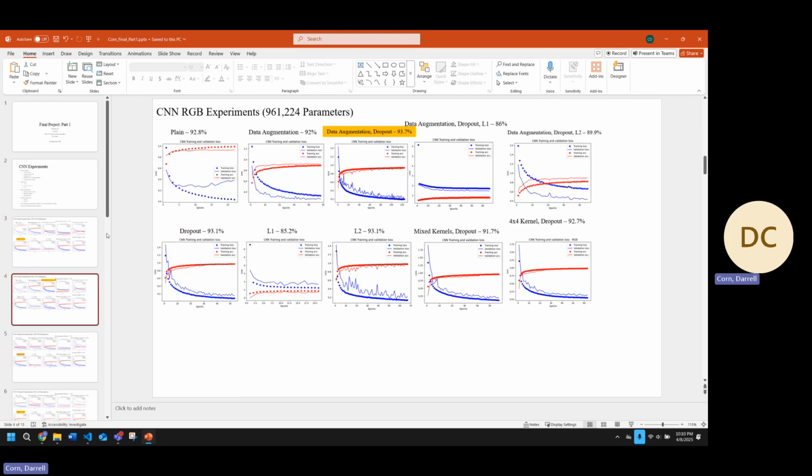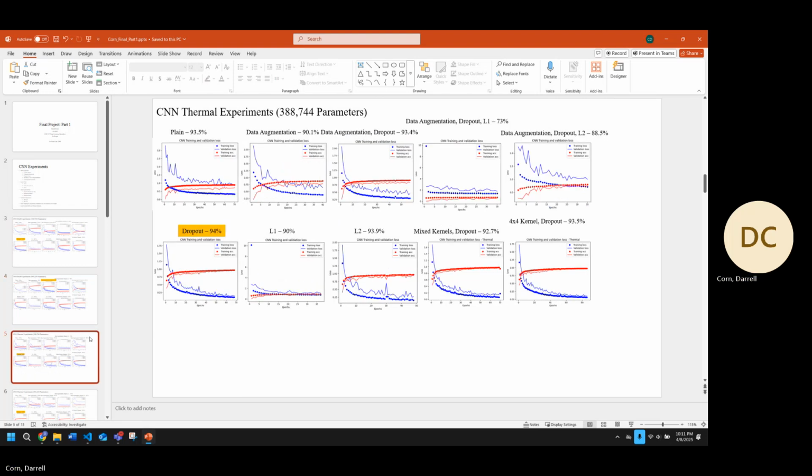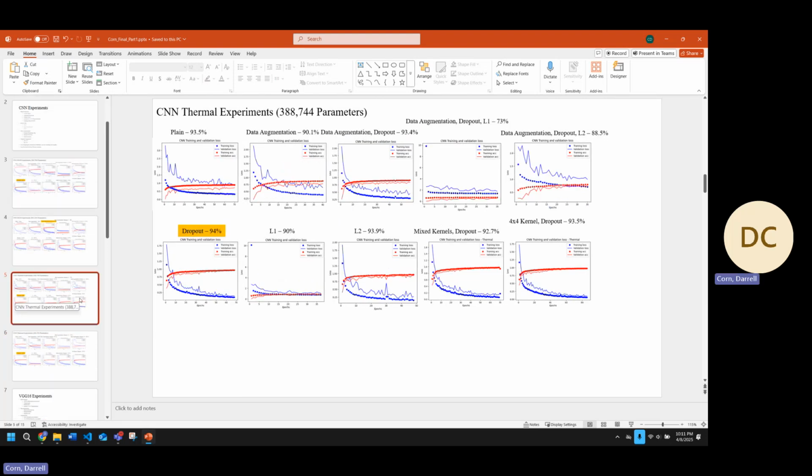Onto this one, the same model structure, same data set, but with about triple the amount of parameters. And I found here that actually a combination of data augmentation with the dropout layer led to the highest accuracy at 93.7%. On the next page,